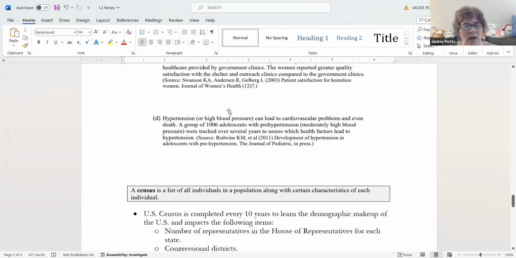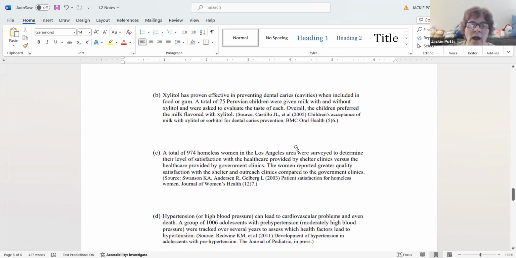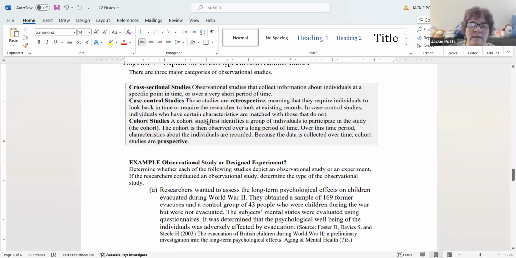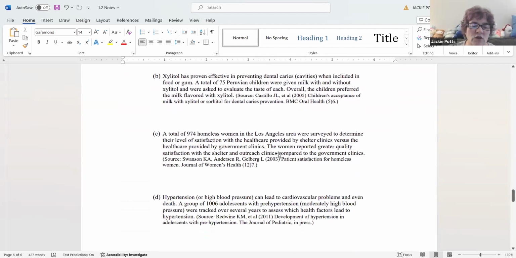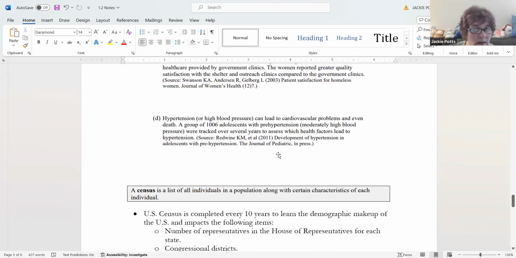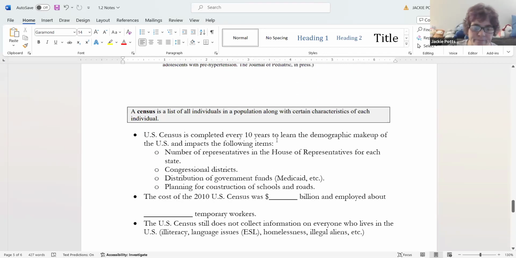Read D. And I bet if you can't guess, it is going to be observational. Yes, it is observational because we had a group of 1,006 adolescents with pre-hypertension, and they were tracked over several years. That makes it a cohort. It's prospective. They've got the same issue, but we didn't tweak anything. All right. Now,